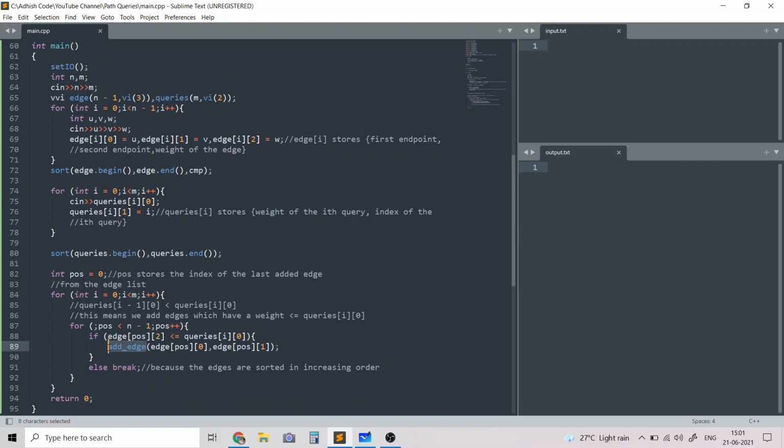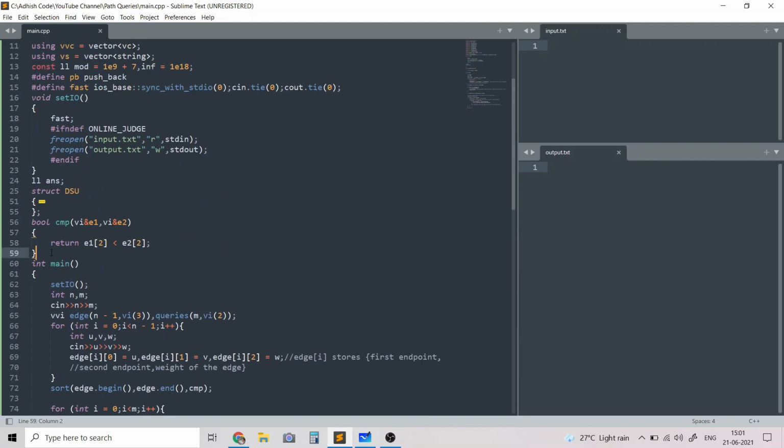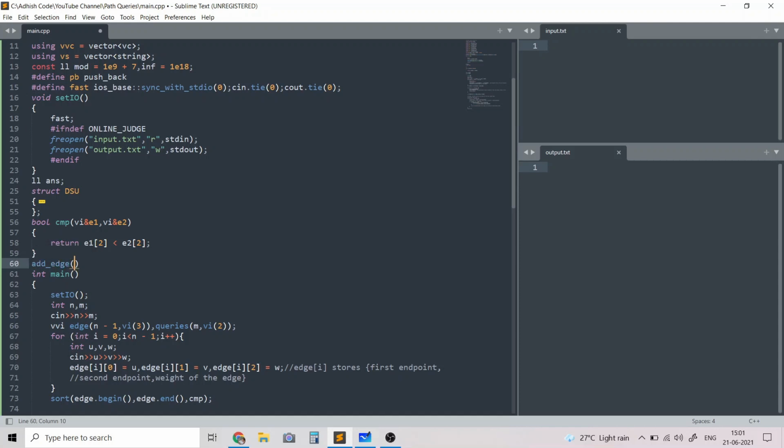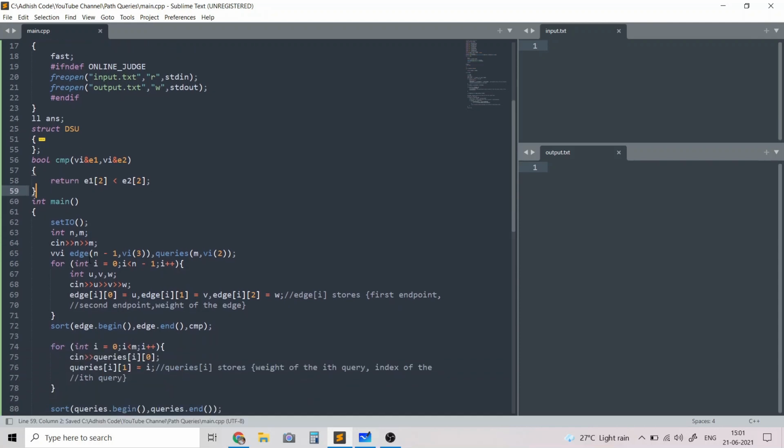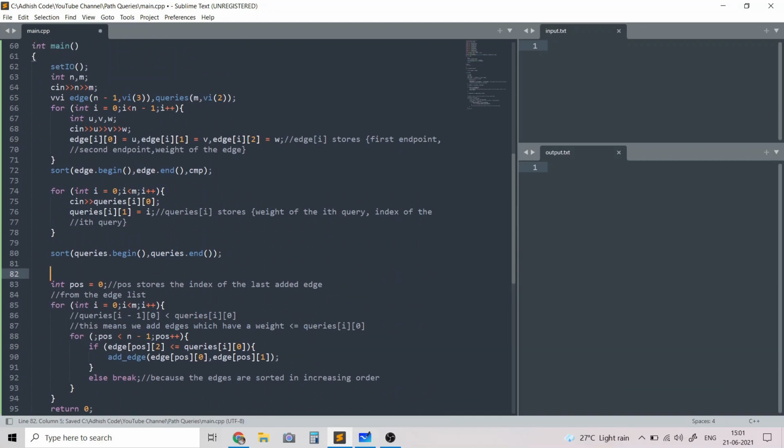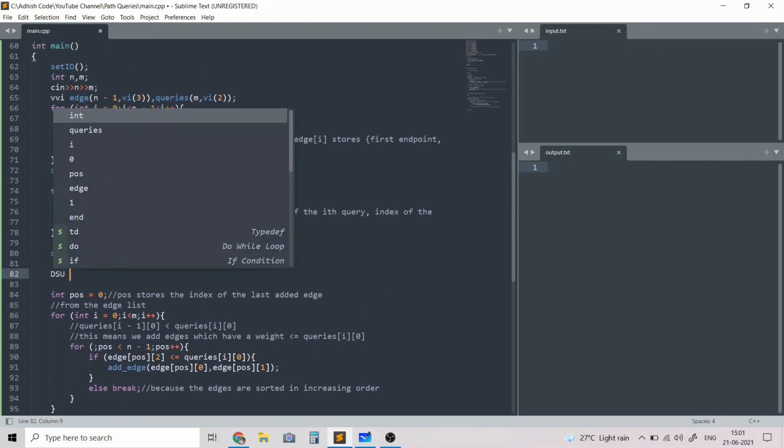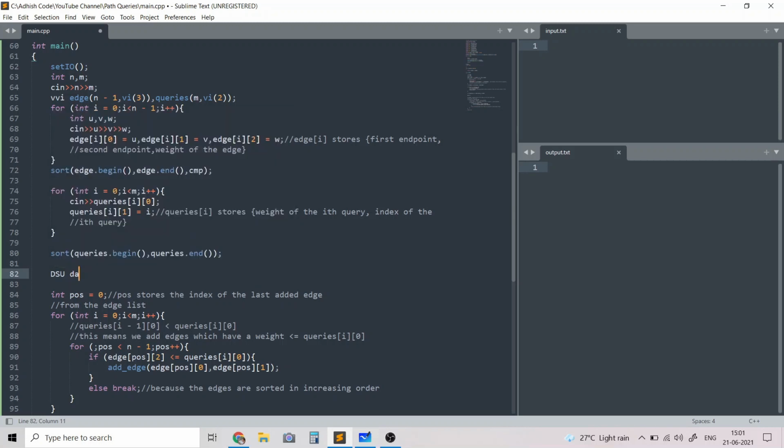So let's write the function add edge. Add edge will essentially call the DSU up here. So for that we need to create an instance of DSU. So DSU, let's call it ds, will be called on the parameter n.